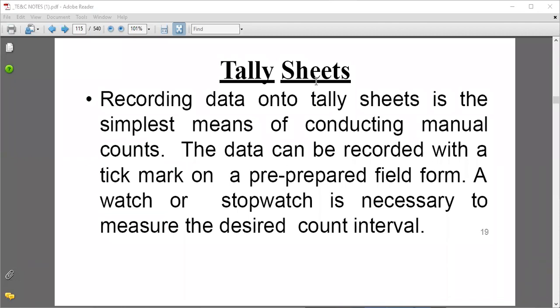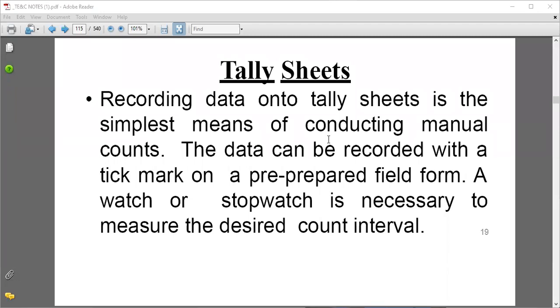So what is this tally sheet? Tally sheet is nothing but, it is required for what purposes? The tally sheet is the simplest means of conducting the manual count, if you want to collect a manual count. For that purpose, this tally sheet is required. And before going towards this traffic survey, we have to make sure that the tally sheet is prepared. And if the tally sheet is with us, then automatically